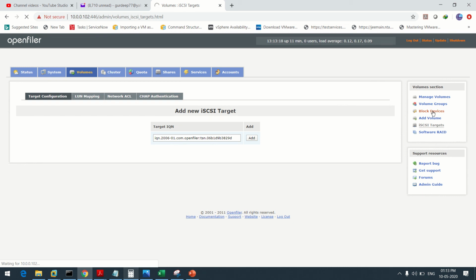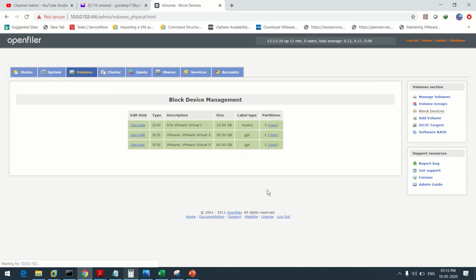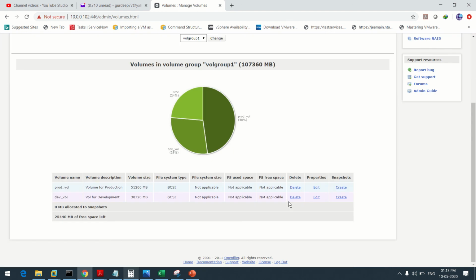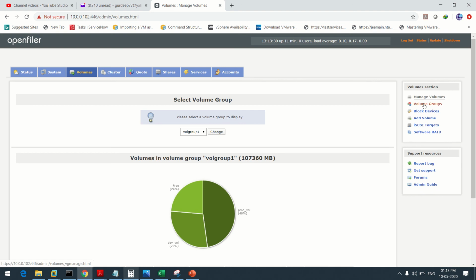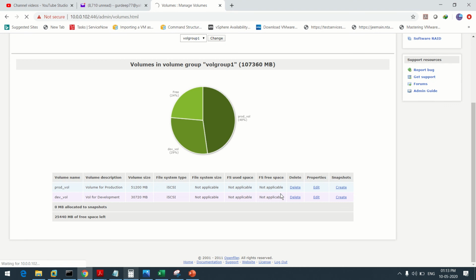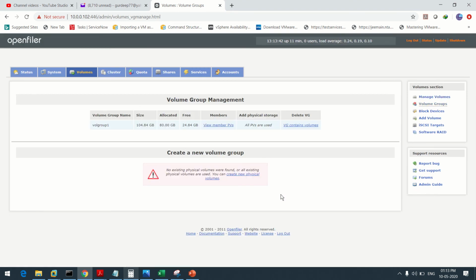In the block device you will get the physical volumes of these. Now manage volume. Okay, good. Volume groups. iSCSI targets.